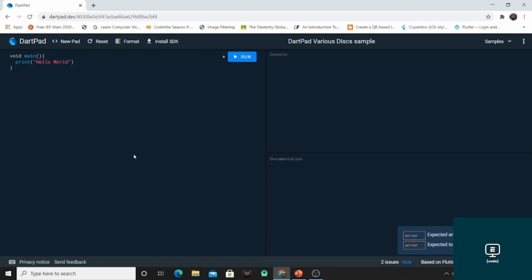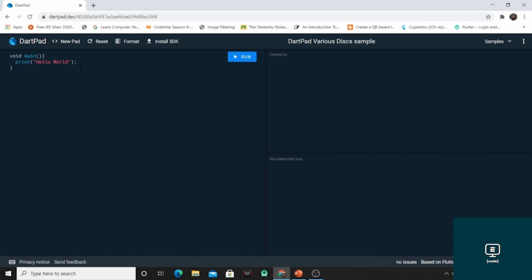Now if you are having any error, then that will be displayed in the right bottom side. This is a feature available in DartPad, that before executing your program you can get information or errors which are there in your program. On looking at these errors and information, you can solve the issues in your program.